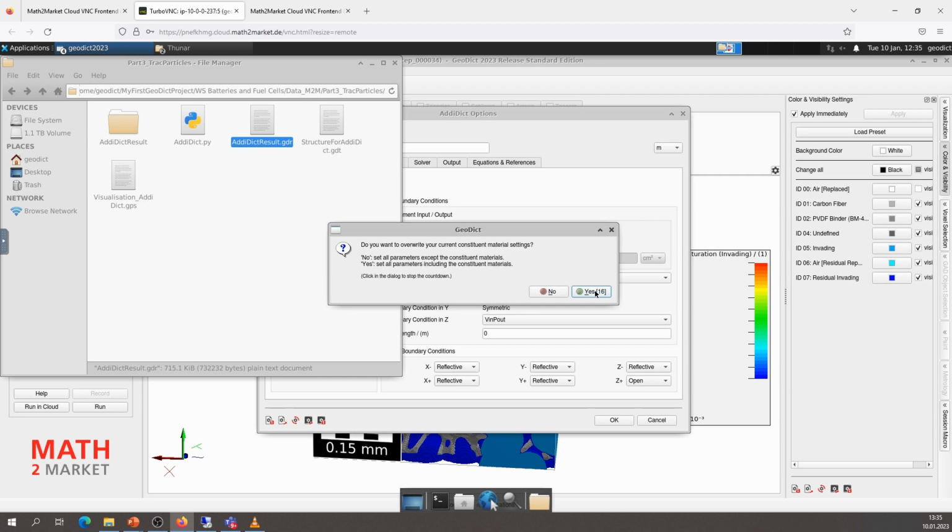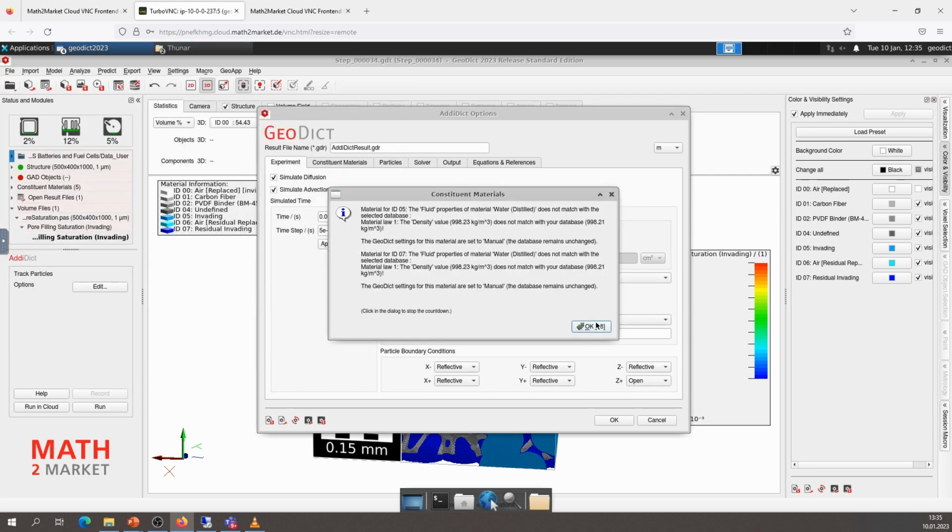It's asking if I want to override my current material settings. Click yes. I get here some material ID properties. You normally always get those messages when your material ID is not fitting to the one of the result.